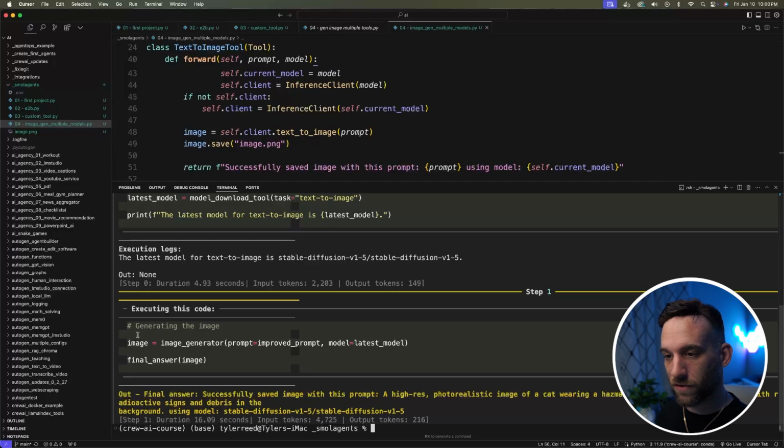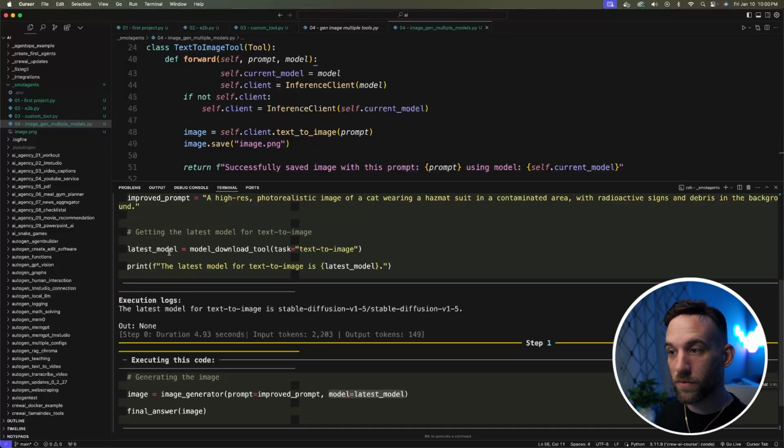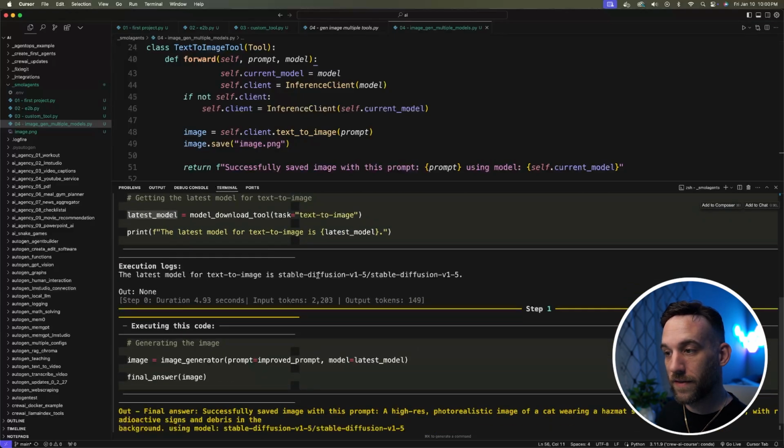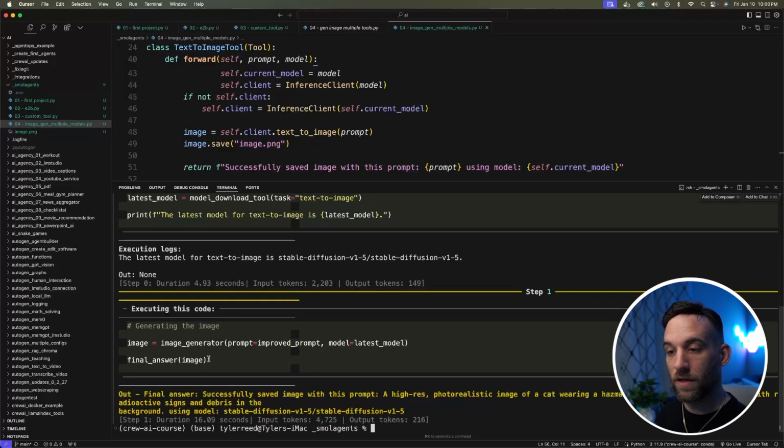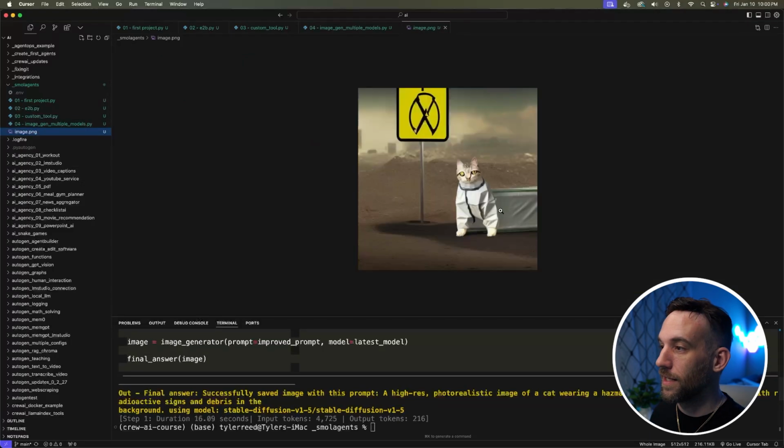And then it's going to execute the code, the image generator, which is the function. And again, here's the prompt and the model. So the latest model, that's the variable up here. So it's going to give the Stable Diffusion 1.5 into that, and then the final answer is the image. So then it says the output is it finally and successfully saved that image with that prompt. So let's go and take a look at it now. As you